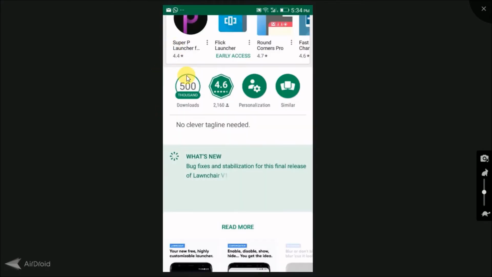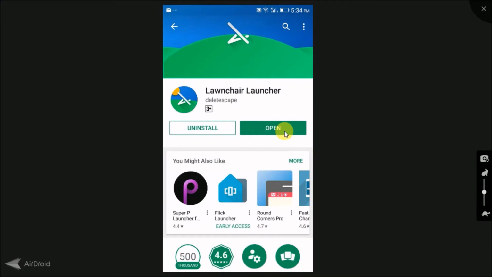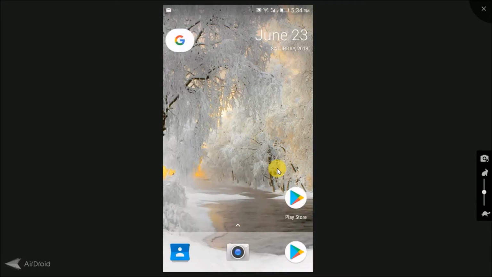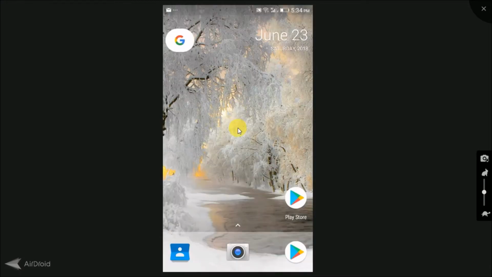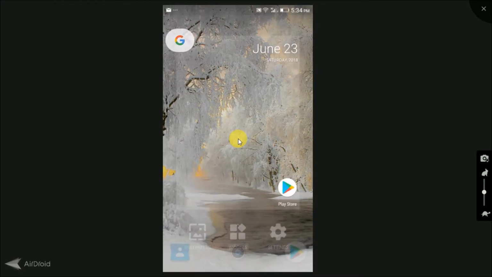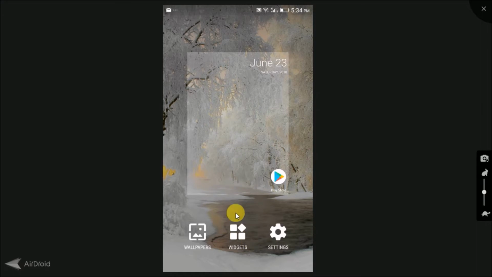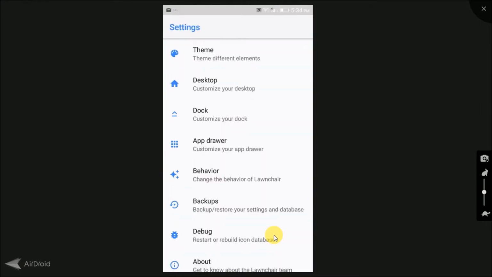The launcher is installed now. Open it. Here is its new look. Here are the apps. Long press on the screen, and here are widgets and wallpapers. Settings, theme,